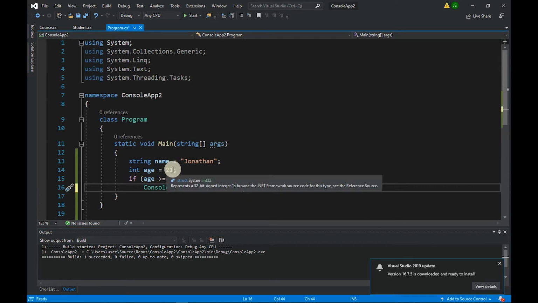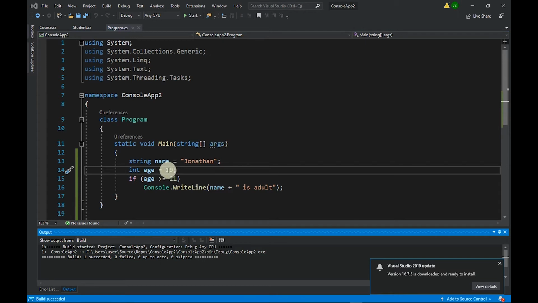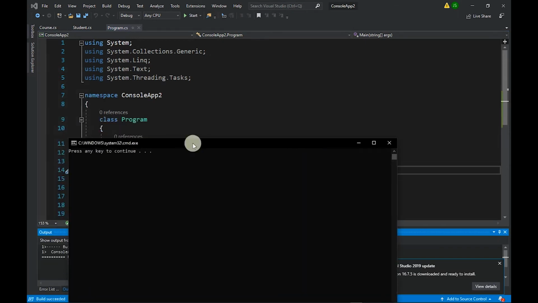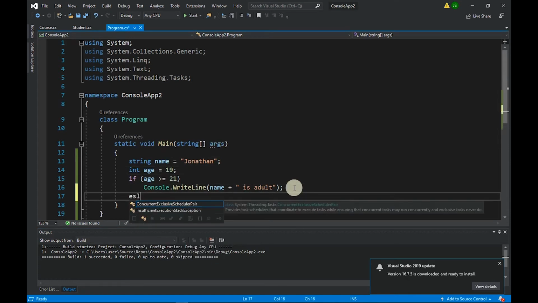So if I change that to 19, which is going to evaluate to false, then it doesn't give me anything. The else is a fallback in case the condition is not met. It's like a fallback message, so it's important to always have that. So I can just say else,